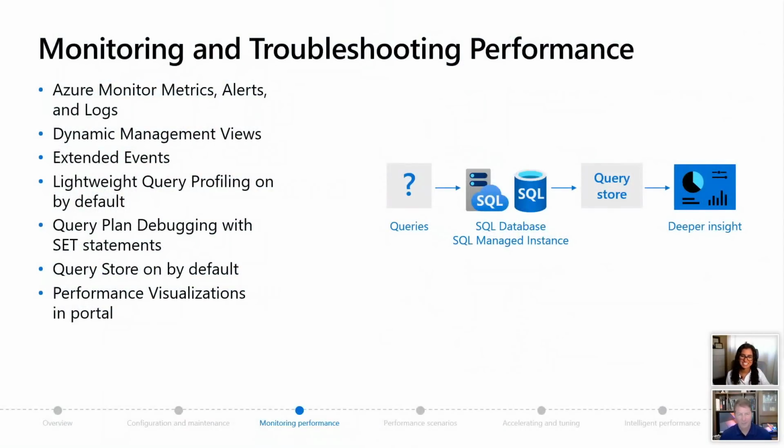Yeah, and monitoring is just huge, and support. I lived this. I lived monitoring SQL Server, but you've got to monitor things outside of SQL. So Azure Monitor is going to give you some options to do monitoring of things like you might do, say, in perfmon. We're going to show you some of that. But DMVs, extended events, those are critical. We should talk about those a little bit more deeply. But let's talk about a few things.